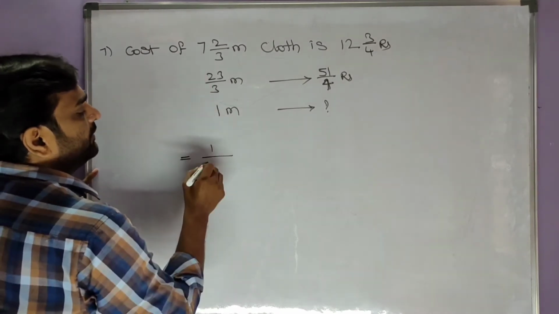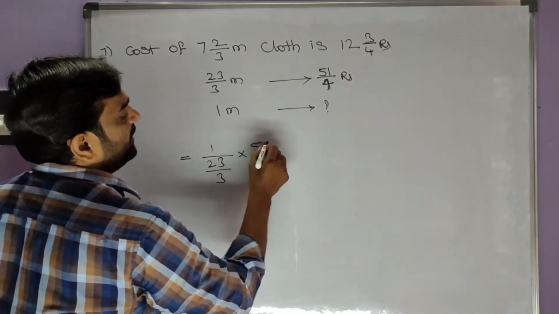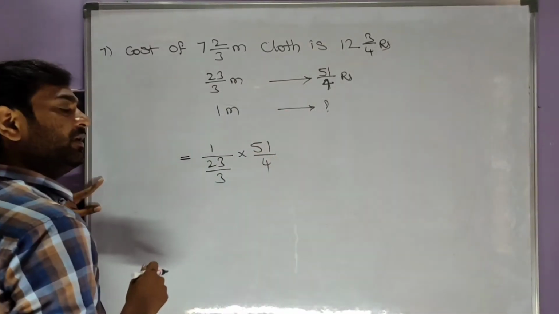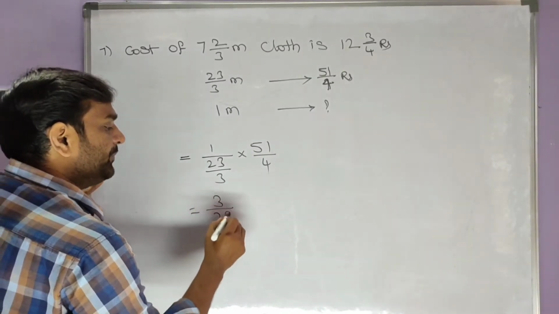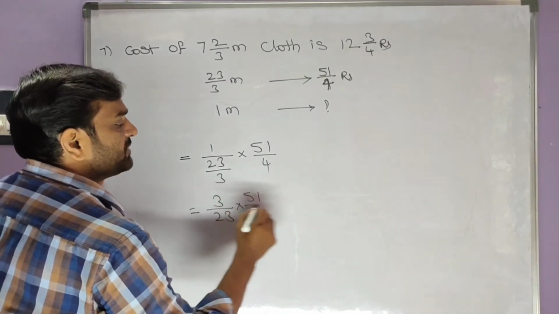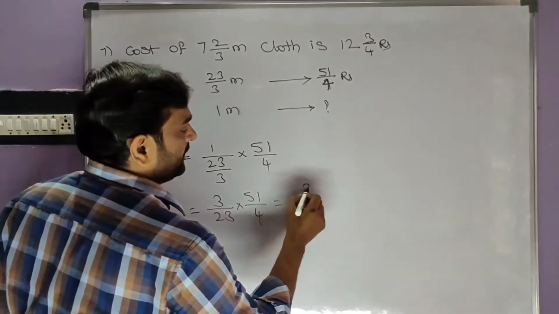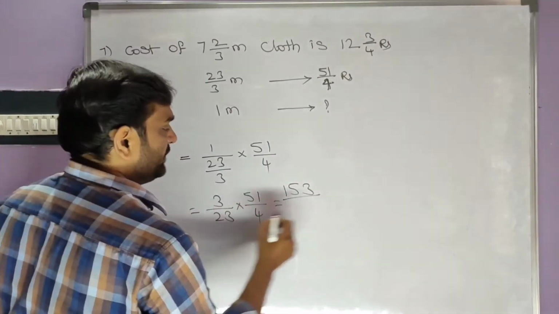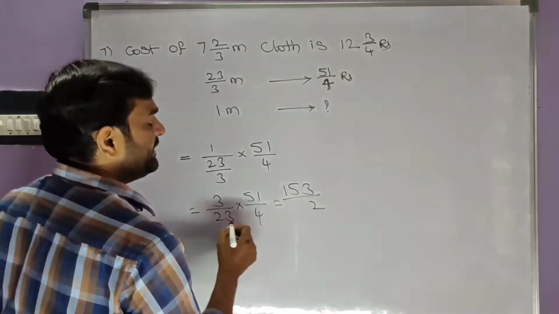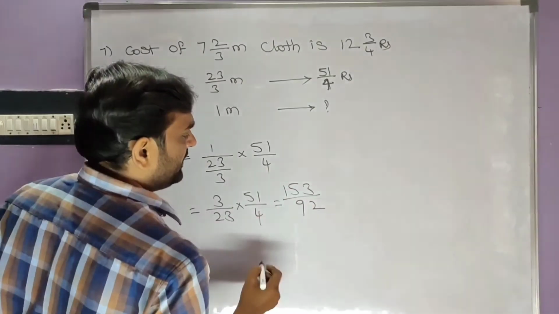1 by 23 by 3 into 51 by 4. Okay, this can be 3 by 23 into 51 by 4. 3 ones are 3, 3 fives are 15, 153 by 4 threes are 12, 4 twos are 8 plus 1, 92. Okay, rupees. It can be written as,